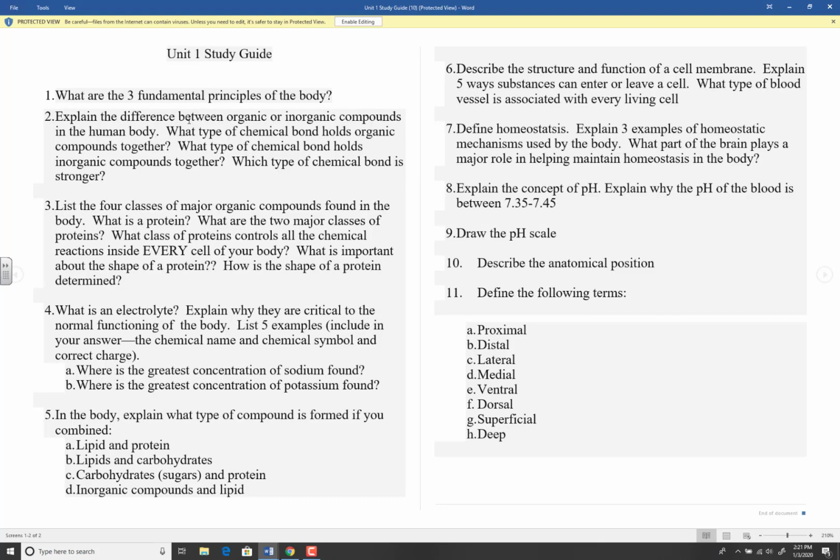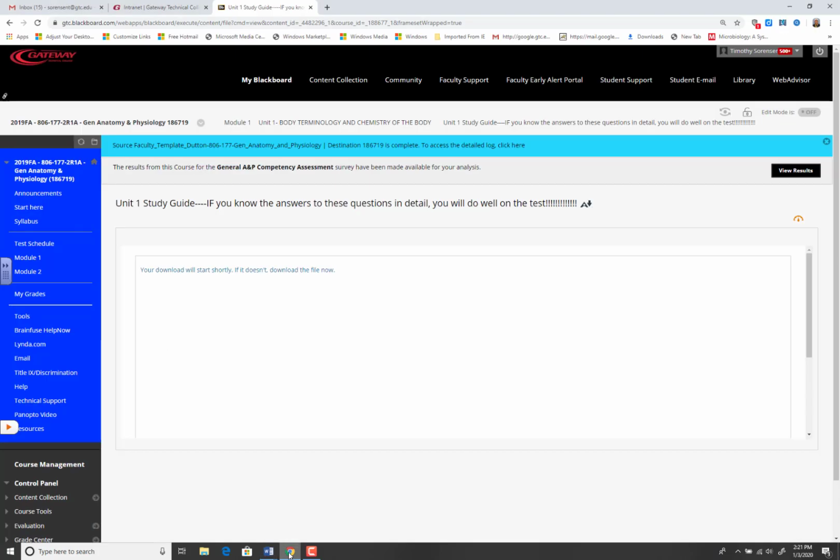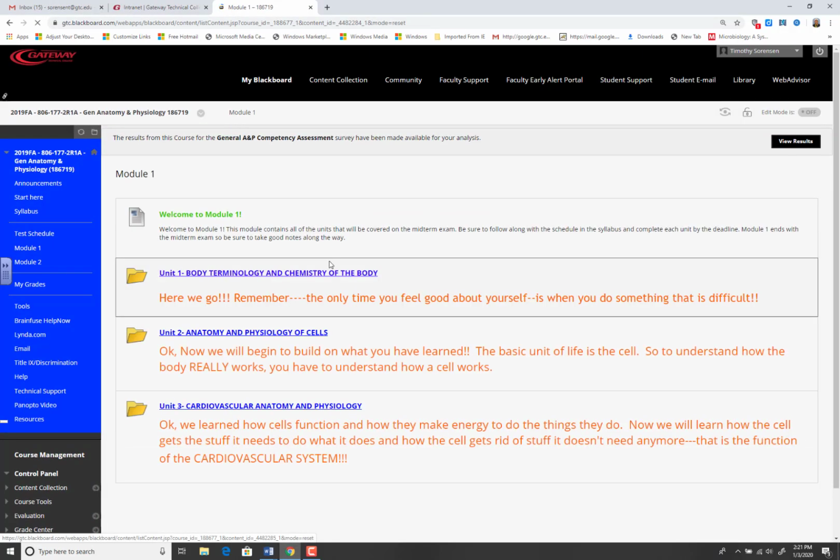What are the 3 fundamental principles of the body? Explain the difference between organic and inorganic. You get the idea. I give you these study guide questions, right? You're going to print them off. And watch, you're not going to believe it. Because I am so cool like that. Once you print off those study guide questions,